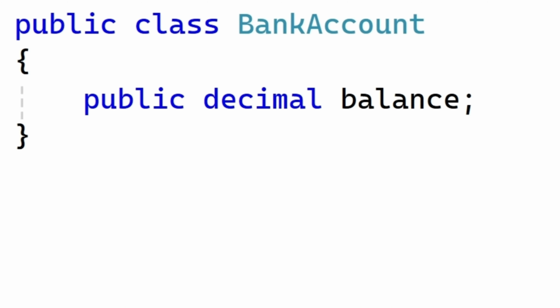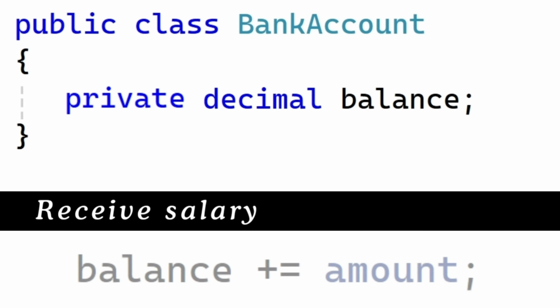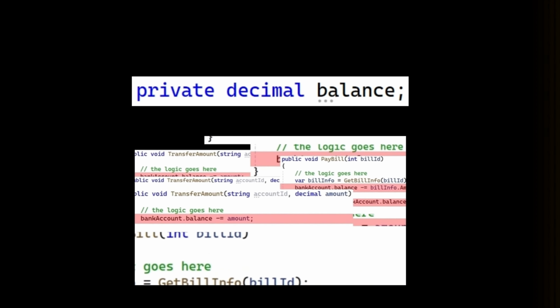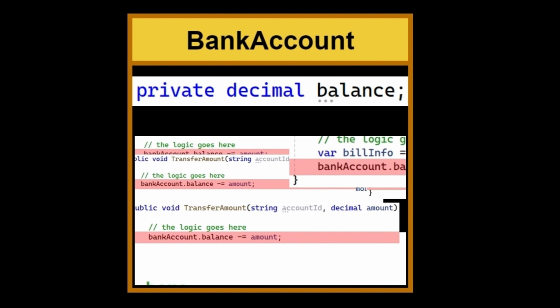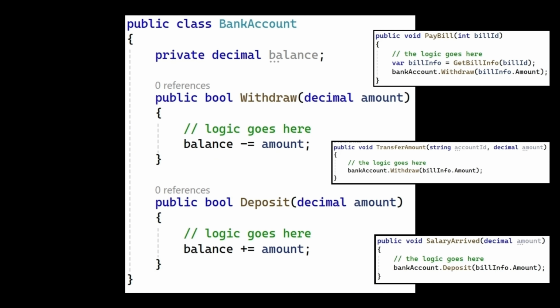To prevent this situation and improve overall code maintainability, all you needed to do was this. The moment you realized the nature of the balance field, you should have made this attribute private. By making the balance field private, we ensure that any code manipulating the balance field is contained within this class. This means that any code throughout the application that needs to manipulate the balance field will be forced to go through this class. No matter how complex the manipulation logic is, we know whatever it is contained and enclosed within